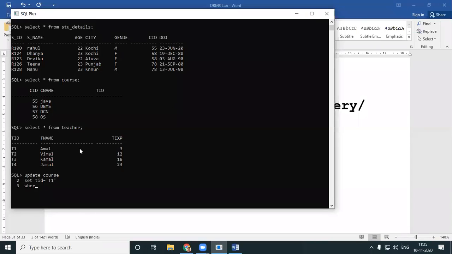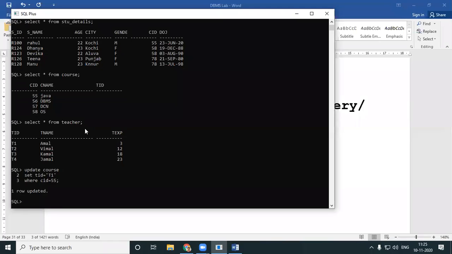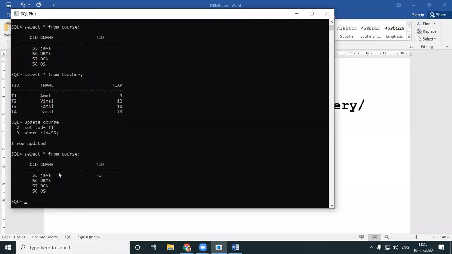Okay, where CID is equal to 55. I need an entry over here called T1. Select star from course. Yeah, so that has been done. Similarly, I'll even fill up all those details.